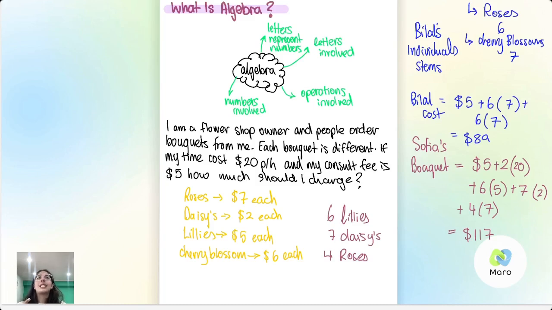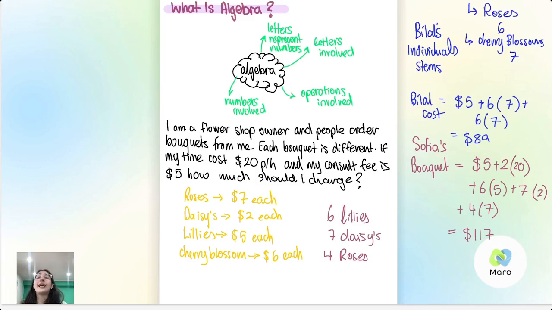Did I charge them the same way every time? So I always did $5 consult fee plus $20 per hour plus whatever they ordered. Is everyone cool with that? Yeah. So this is something we call variability, okay? And this is the whole reason that we need algebra in math, because real life scenarios that require mathematics are not things like what you did in year 6, like 5 plus 7 or 5 times 12. It's not always the same numbers all the time.